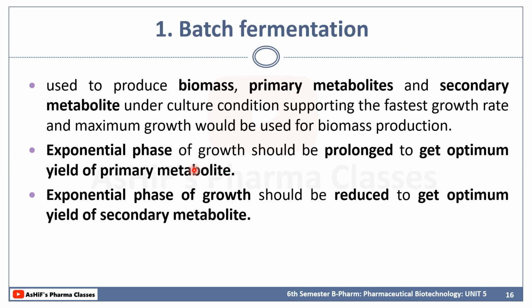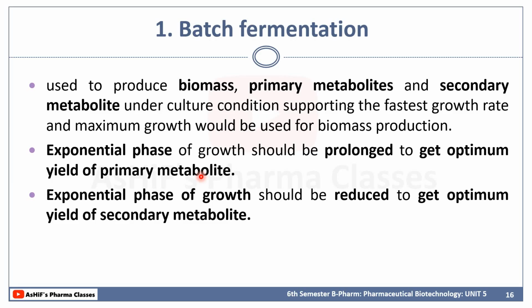And if our desired product is a secondary metabolite, we have to reduce the exponential phase so that it very quickly reaches the stationary as well as declining phase. So it will produce more yield of secondary metabolites. This is how we design the yield of